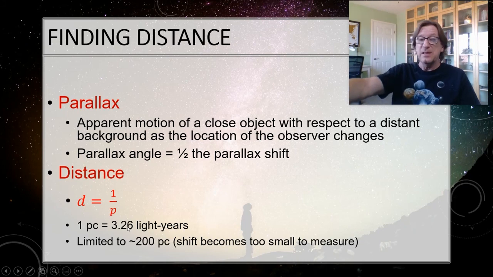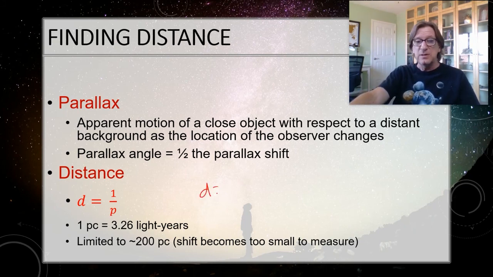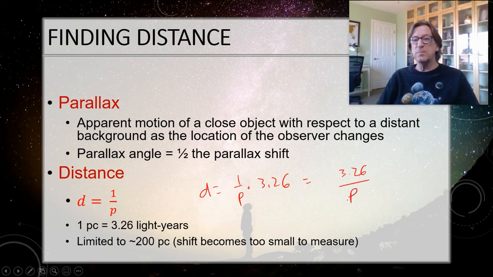Now that means if I wanted to put it in my formula that way, I could do d equals 1 over p times 3.26. Well, that's just 3.26 over p. So if you want to remember that light years is 3.26 over p, you're welcome to do that, but I don't recommend that because the original form is so much easier to use. And then you just look at the answer that they're wanting and decide.